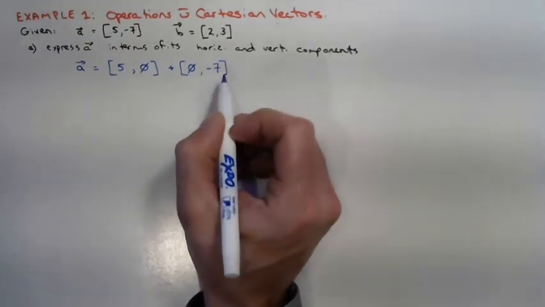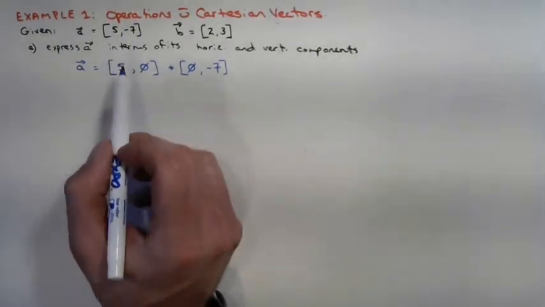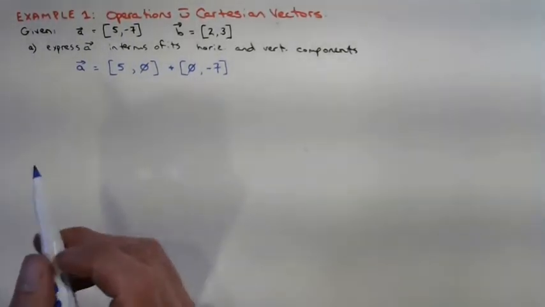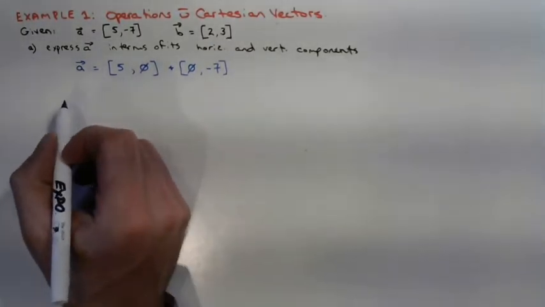It's going to go down 7, negative 7 in the vertical direction. And that's all that's asking us to do. Take A, split it into its horizontal and vertical components. Let's look for B. B says,